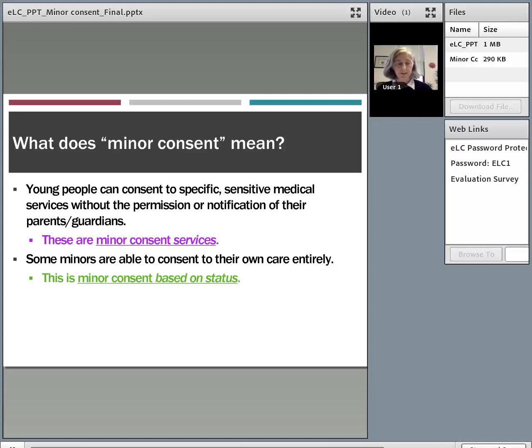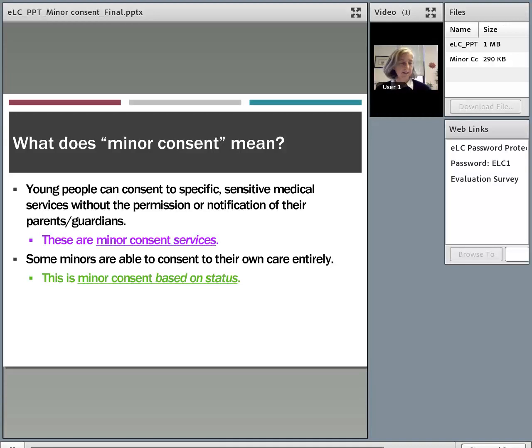Actually, even before the 1950s in some cases. And in general, we can divide those package of laws into two different categories: laws that allow minors to consent to health care based on the minor status, their situation in life, and laws that allow minors to consent to care based on the type of service that they're seeking, because we think that access to that service is so critical, and that